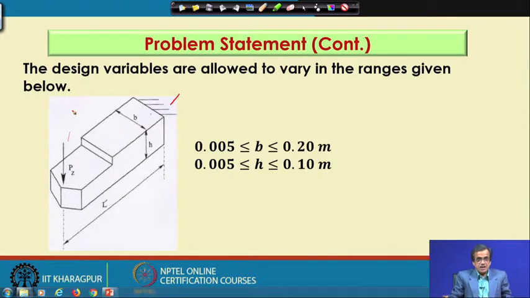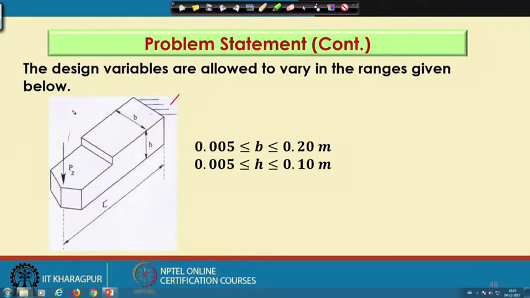Now, I have already discussed how to find the optimal design of this single point cutting tool using traditional methods, for example, steepest descent algorithm and random walk method, and we also used a few non-traditional tools for optimization like binary coded genetic algorithm, real coded genetic algorithm, and simulated annealing. And now, I am just going to discuss how to tackle the same optimization problem using the principle of the